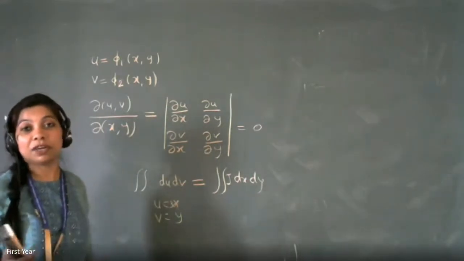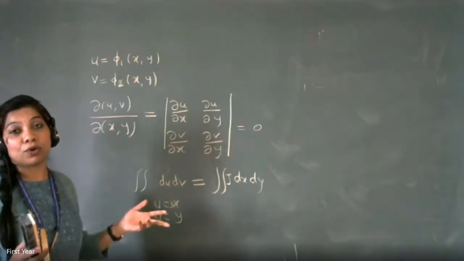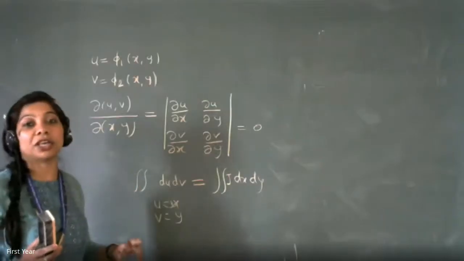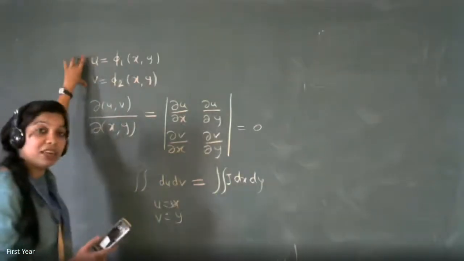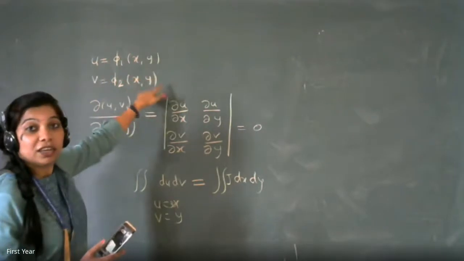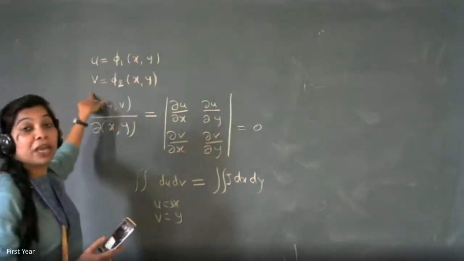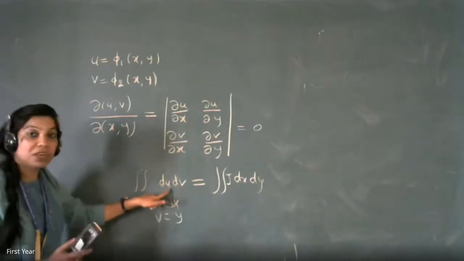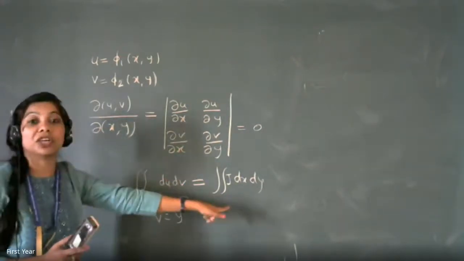Do you know this property of determinant? The determinant is 0 if either two rows or two columns are equal or multiples of each other. So if the derivatives are multiples of each other, that means they have some dependency. That topic is called the functional dependency of the variables u and v. If they are depending on each other, v can be converted in terms of u and it will become a single integration, and we get the answer directly.